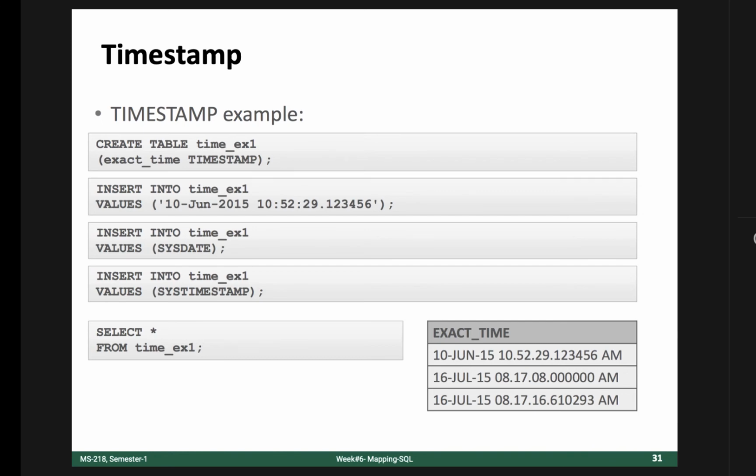Select star from NUIG students, then there is another keyword, where student ID equals 1, 2, 3, 4, 5. So now this select query will only get information where the condition is true, okay? So in the upcoming 3-4 weeks, we would be learning how we can insert data, but the important thing is how we can select data.